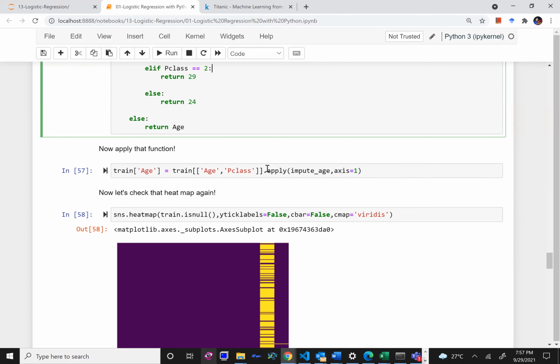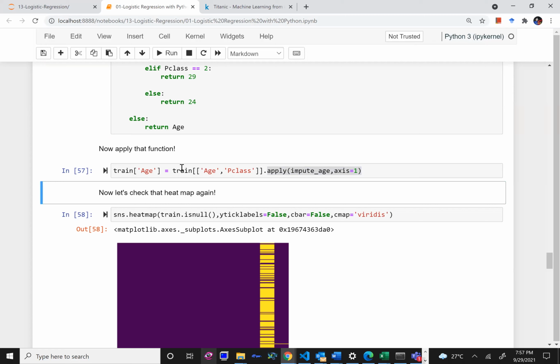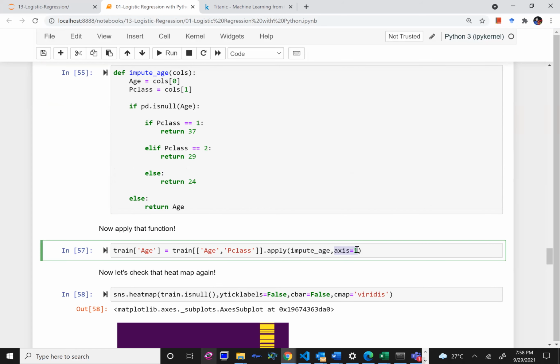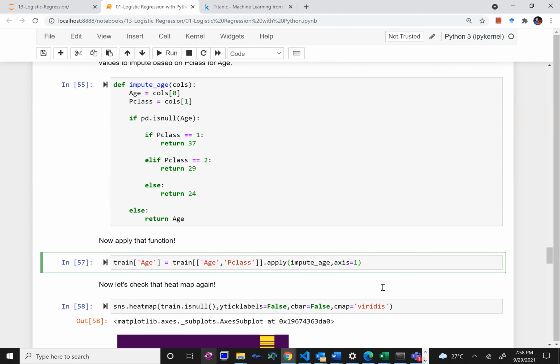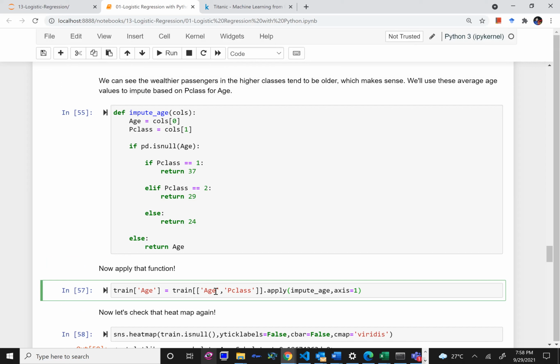To apply this function to the whole column, we have seen the apply function. So I want to replace the age column of my train data set like this: train, you pass age and passenger class, and apply this impute_age function on axis 1, right? So basically I am passing age and passenger class. From the train data set, pass the age column and the passenger class column, and on these two columns apply this impute_age function, and axis is 1 because I want to apply this function along the columns, not along the rows. Okay, so what it means is, for every row it will take the age and the passenger class